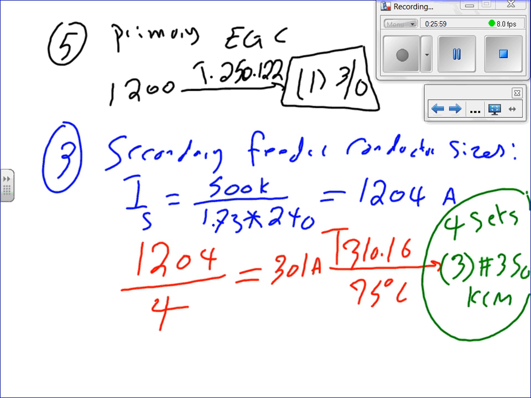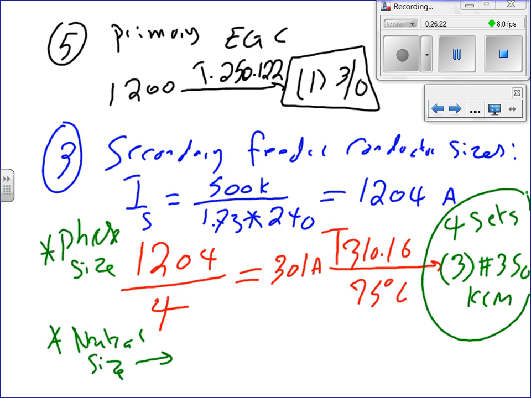Okay, let's size the neutral, because we split the neutral here, guys, because the amps are so high. So I'm going to size my neutral. 1200. I'm going to say this is the phase size. If you guys want to add this one here, this is the neutral size. Okay, neutral size. I'll take the 1200 again,